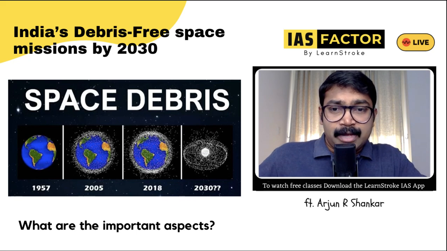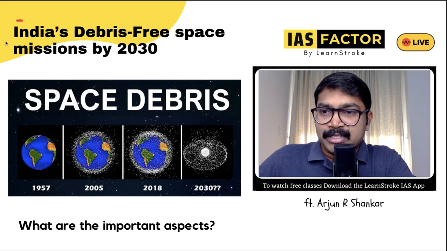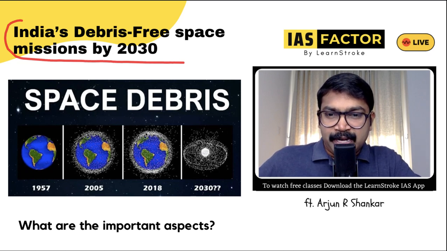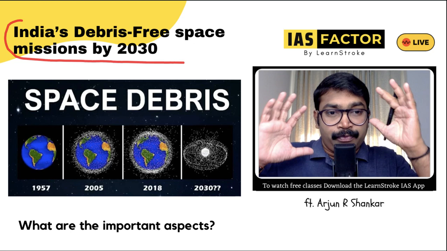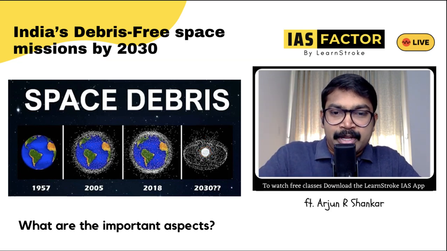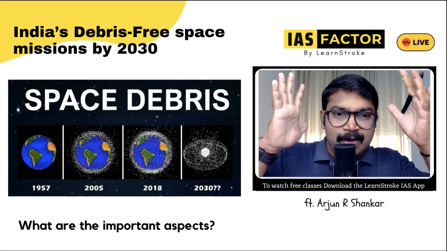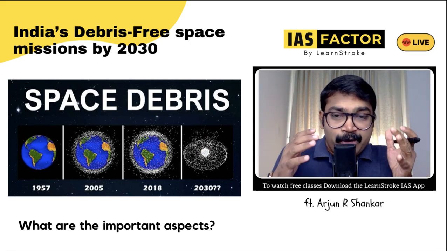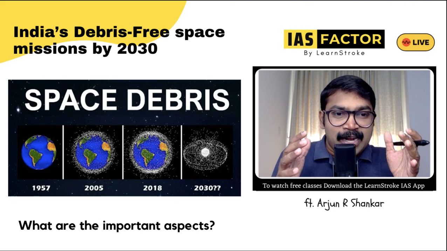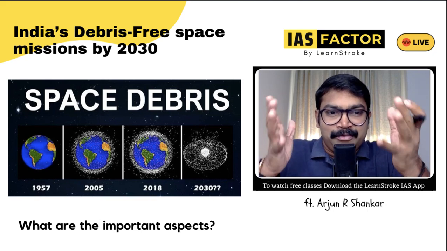And now let's discuss India's debris-free mission. This is an Indian mission. Look at the debris. You can see the white colored things, that is the debris. Look at 2005 and then 2018, it's very crowded. Too much space debris, meaning waste particles floating in space. Now look at 2030. What will it be? It's completely full of debris. If you do not control this, space will be completely full of debris, and after some point it will be very difficult even for collision avoidance maneuvers. The satellites will also be difficult to operate.